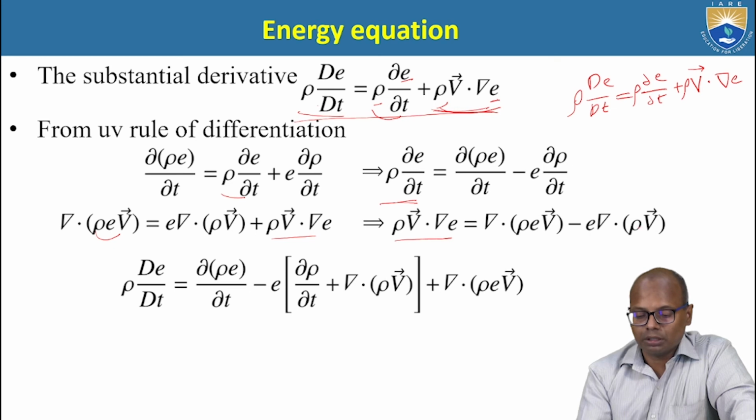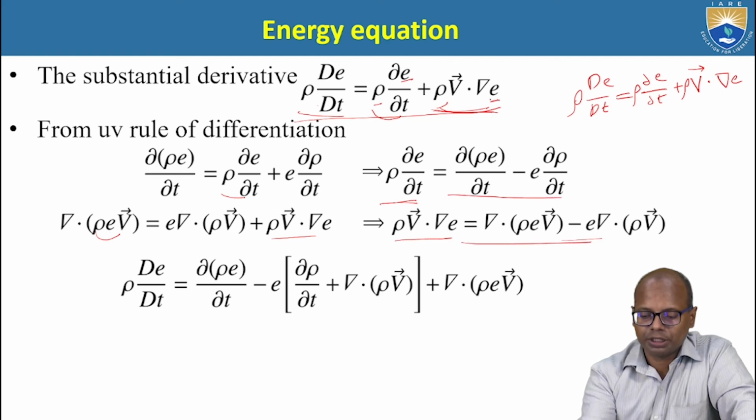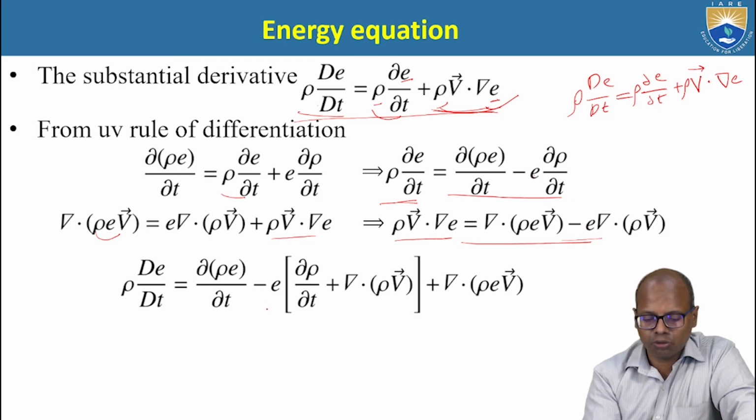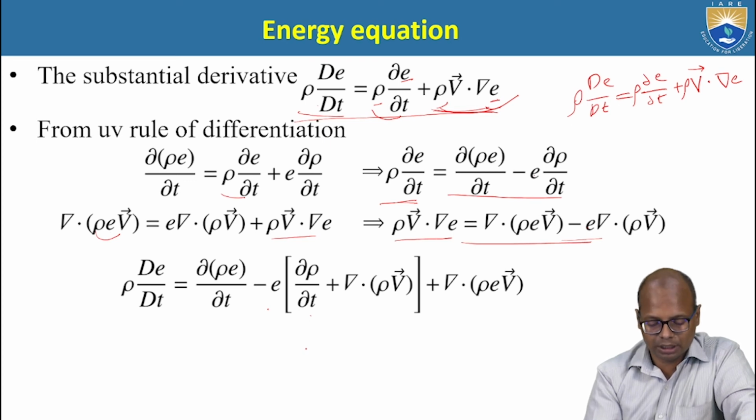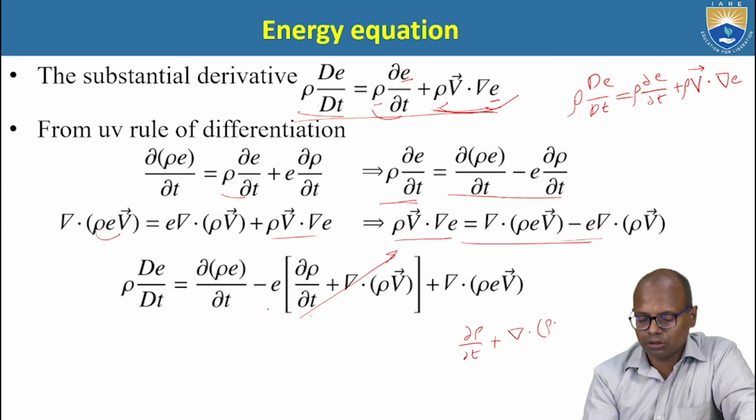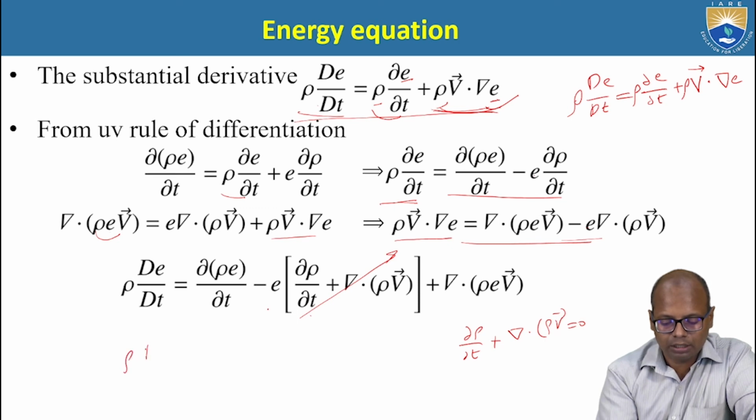So if I substitute this value and this value here, what I will get is this one. Now here E is there, E is there. I have taken E out. What I am putting is dou rho by dou t plus del dot rho V bar. But from the continuity equation, this is equal to 0. What does the continuity equation say? Dou rho by dou t plus del dot rho V bar is equal to 0. So if I substitute that here, what I will get